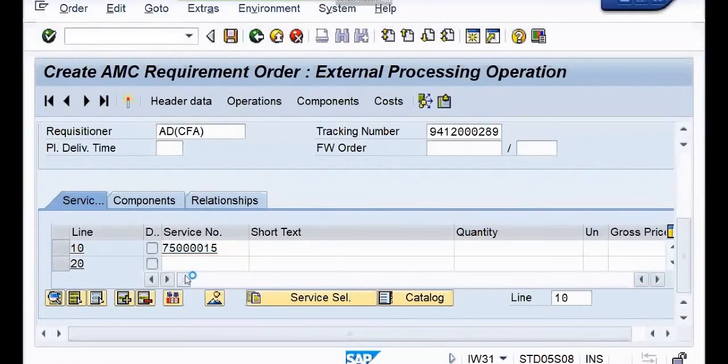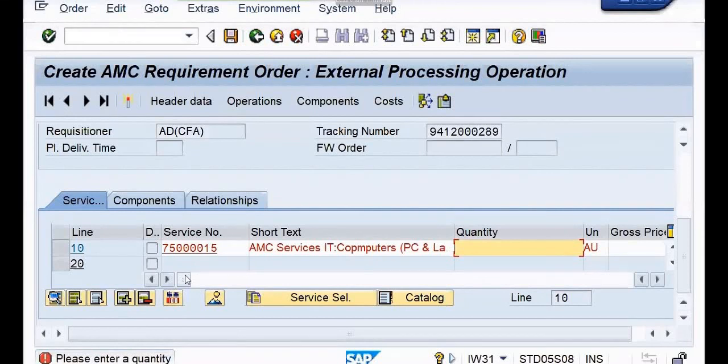When I enter, next is going to be the quantity, and as I said, quantity pertains to the billing cycle, right? Let us say it is quarterly billing cycle. Then I will ensure the quantity as 4. Let me ensure over here.